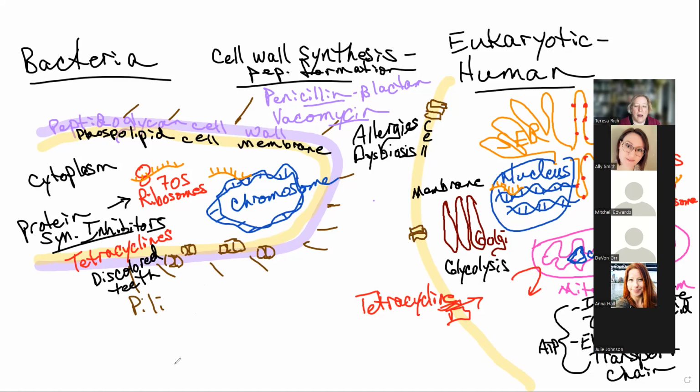There are some that target the replication of the chromosome. I'm not going to have you learn any of those, but they have relatively few side effects because the enzymes that replicate DNA in bacteria are just different enough that generally they'll leave ours alone. Like ciprofloxacin is one that's commonly prescribed, but we don't have as many antibiotics in that category. But another one that I want you to know,